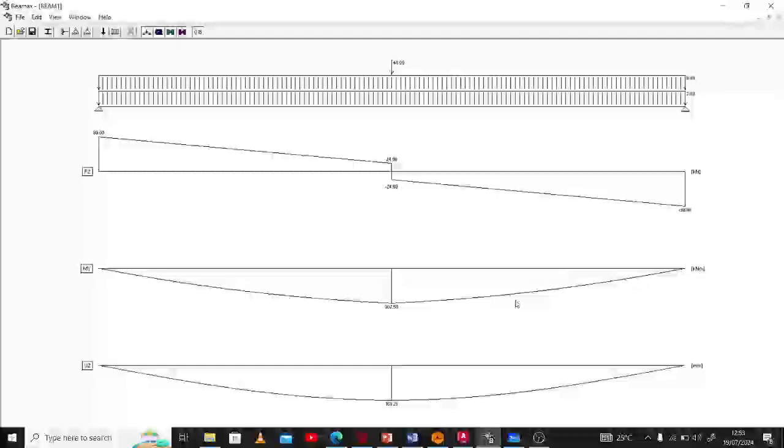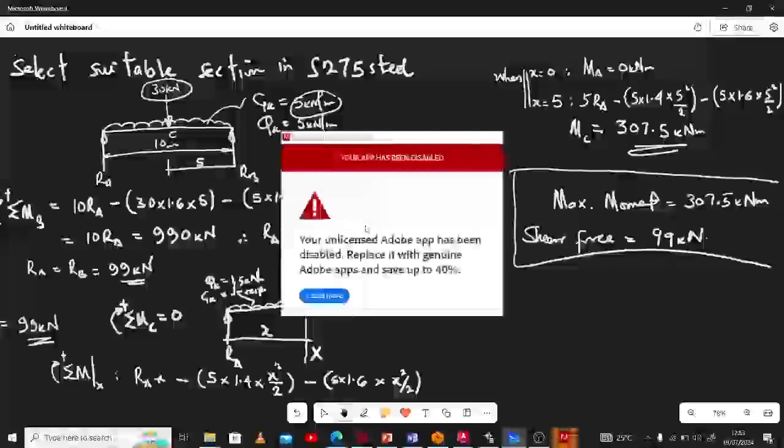All right, so it gave me the maximum moment of 307.5 as we obtained earlier on, and at the support you see we have 99 kilonewton for the shear force. All right, so if you have this software or any other software that can really run your beam analysis or whatever analysis for you in simple steps, you can use that. Then it makes your work faster and even better. Okay, so going back to this now,